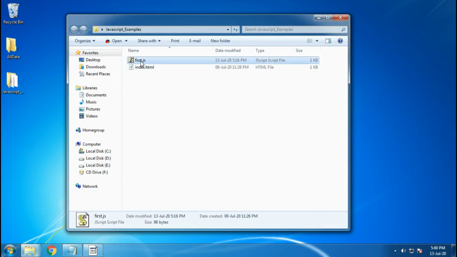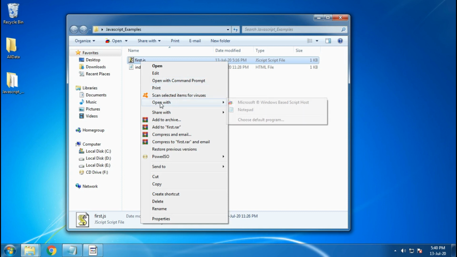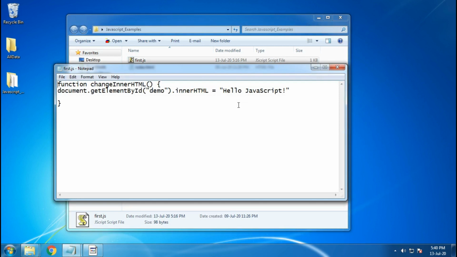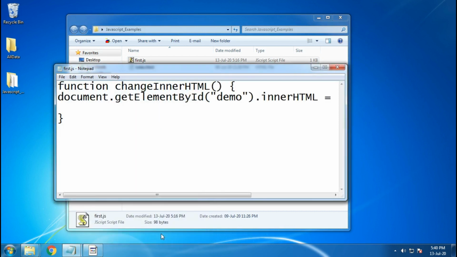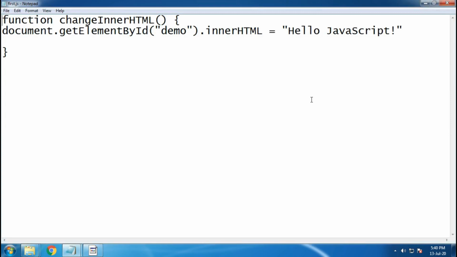Let me open this one in notepad like we told in our previous video, and let me increase the font a little bit so that you are able to see clearly. As you know, earlier we created one method, change inner HTML, and then we wrote some JavaScript code to change the inner HTML of the paragraph tag.